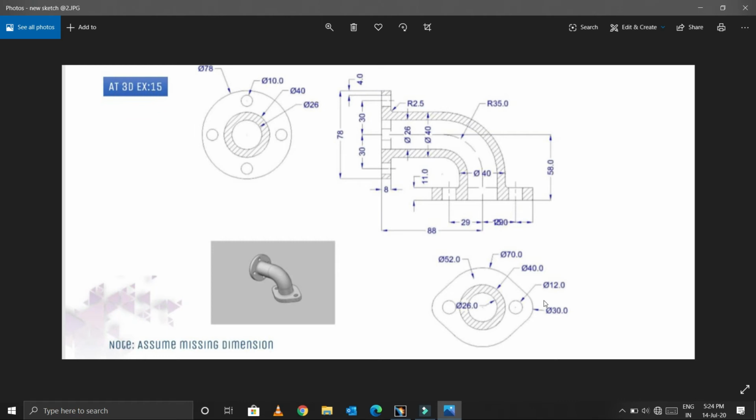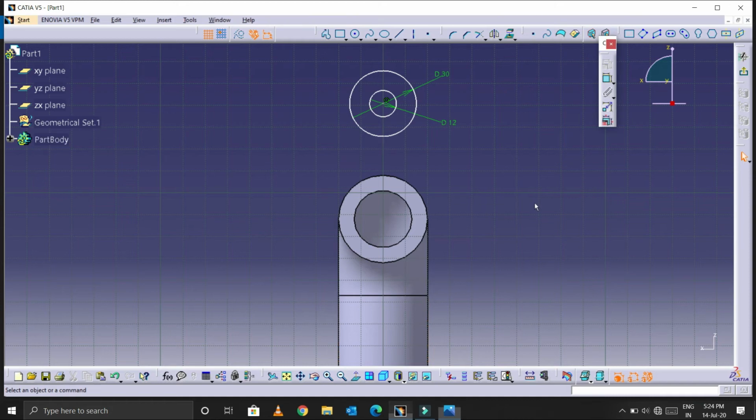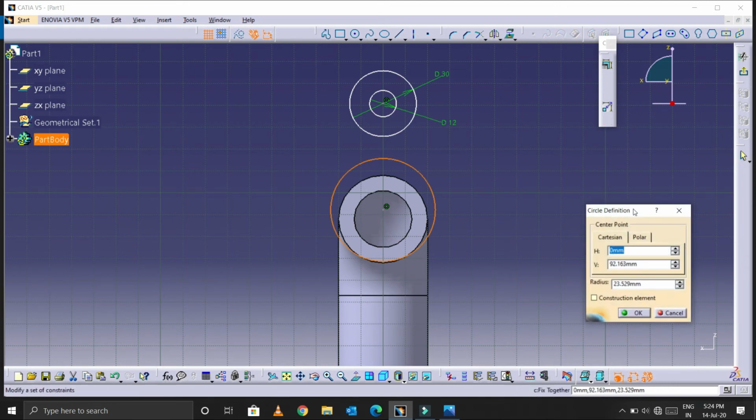And now let me draw the middle circles having outer diameter 70, inner diameter 40. Actually it's not 40, it is 26. Let me draw this and draw one circle having outer diameter 76.